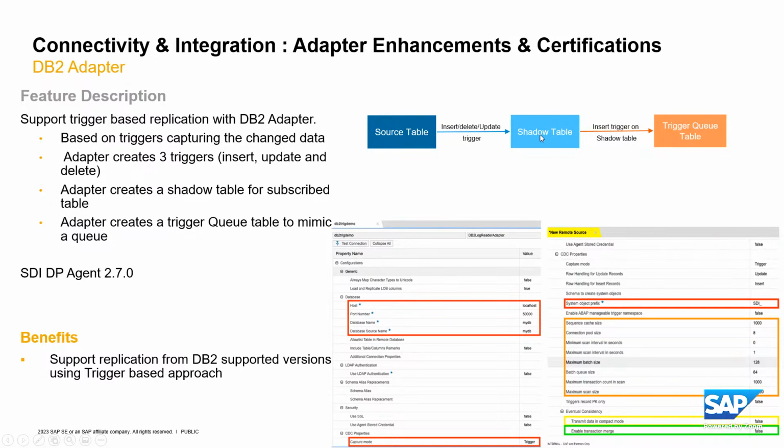For each adapter that is a remote source, the adapter creates a trigger queue table. Basically, it mimics a queue. Each row in the shadow table has a corresponding element or placeholder in the queue. The adapter continuously scans the queue elements and the corresponding shadow table rows to get the change data and replicate them to the